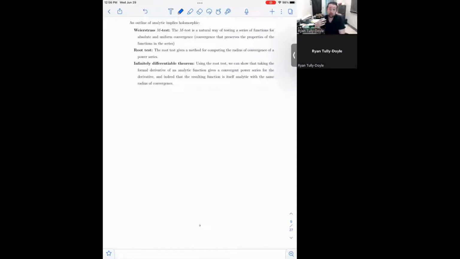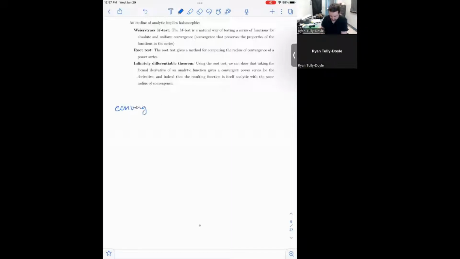And then finally, what's called the infinitely differentiable theorem, which is the argument that lets us show that you can take the derivative of a power series just like taking the derivative of a polynomial, and that the series that you get out the other side is actually convergent. Okay, so all of these pieces together are going to be used to construct the theorem that, once differentiable, sorry, wrong direction here,